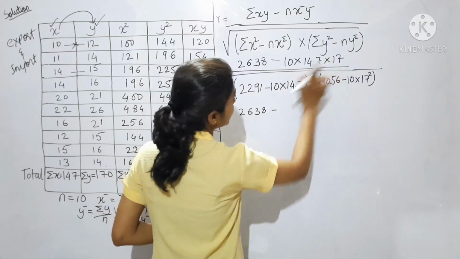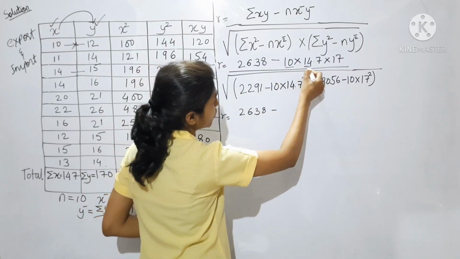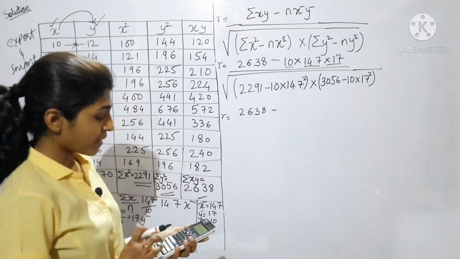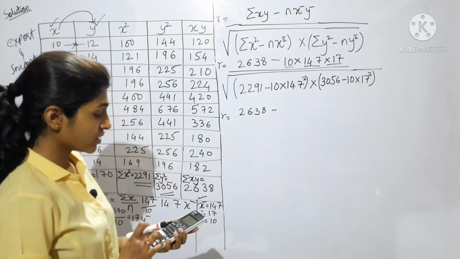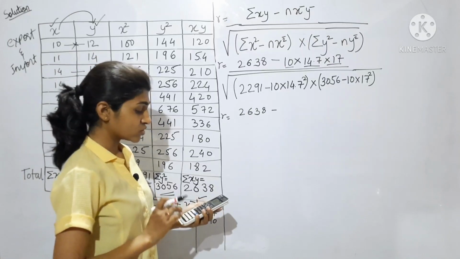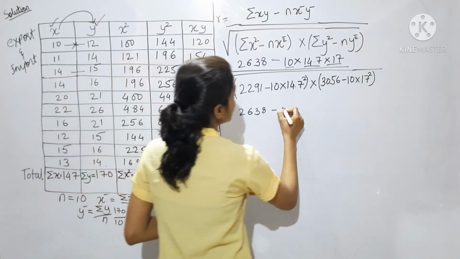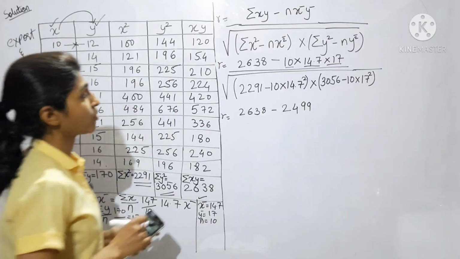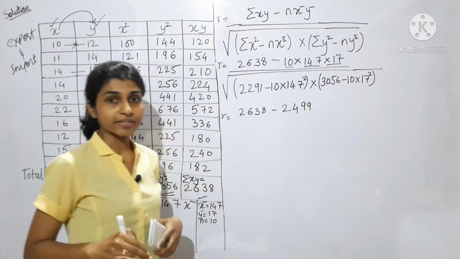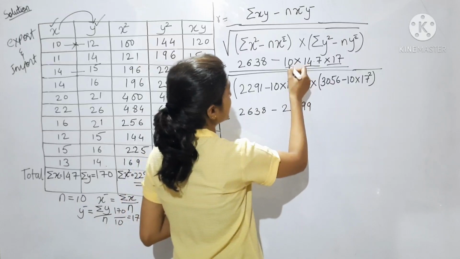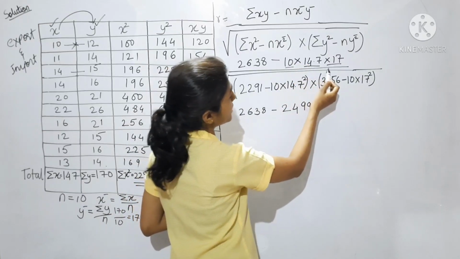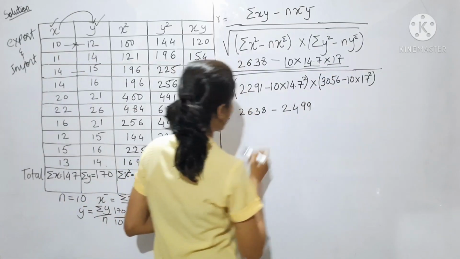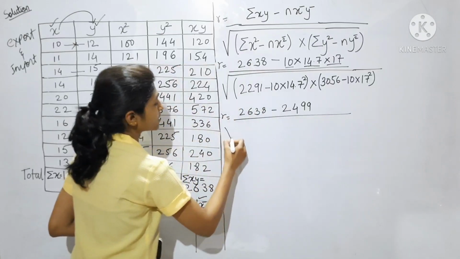2638 minus, multiply 10 by 14.7 by 17. So multiply 10 by 14.7 multiply by 17. The answer you get is 2499. Give me your answer in the live chat box. Let me check whether you are doing it correctly or not. So after multiplying 10 into 14.7 multiply by 17, you get 2499. Next, put the sign of square root,